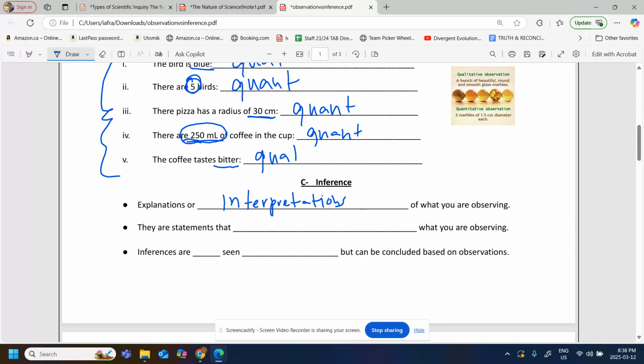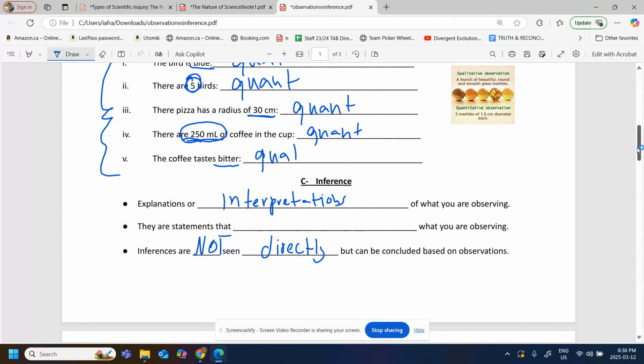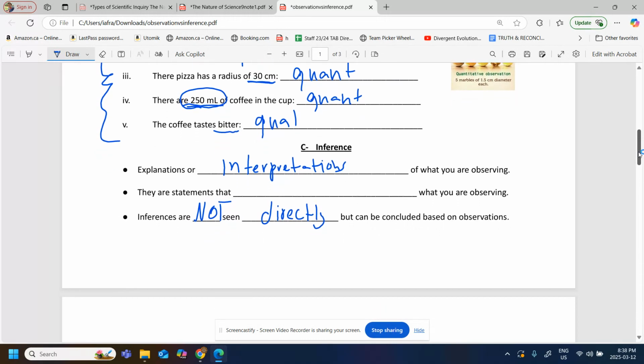So what's important to understand is that inferences are not seen directly, but they can be concluded based on your observations. So an inference is more of a statement that interprets or explains